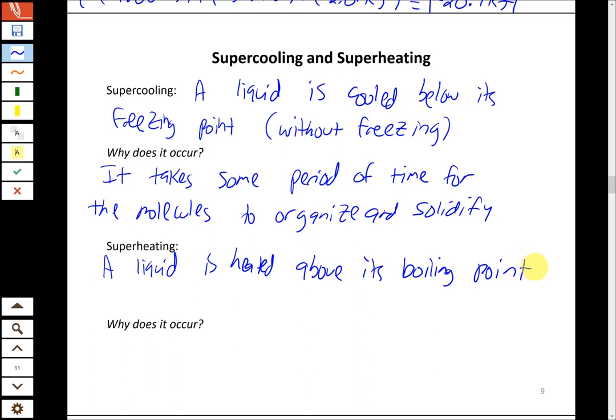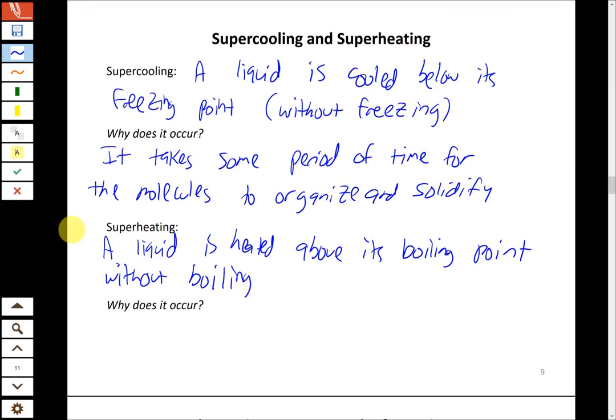So in case of water, it'd be above 100 degrees Celsius, but it doesn't immediately boil at that temperature. And of course, the reasons for this are different because in the case of going from liquid to gas phase, we don't need the molecules to organize. They're just going to fly everywhere, into space. So it's not the same reason for it. Why does it occur? There's a couple of reasons why, but one would be